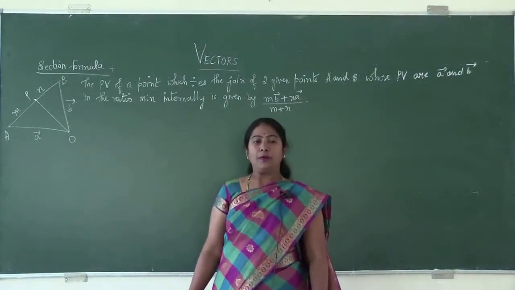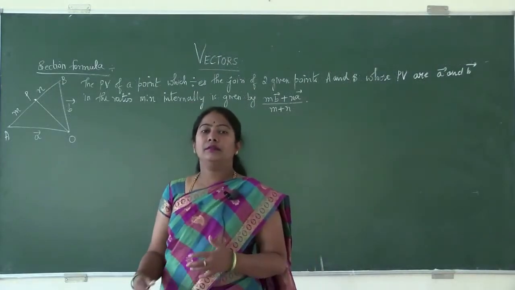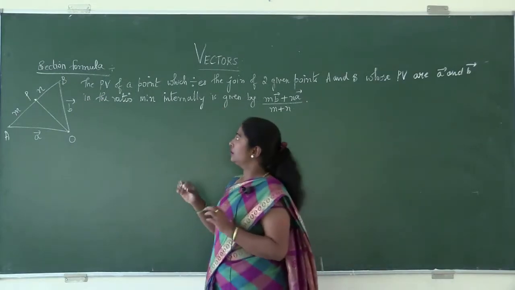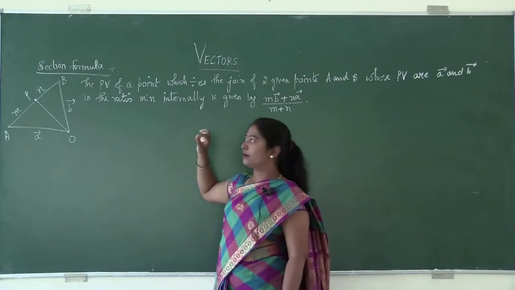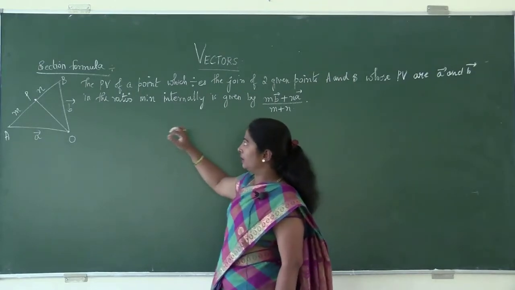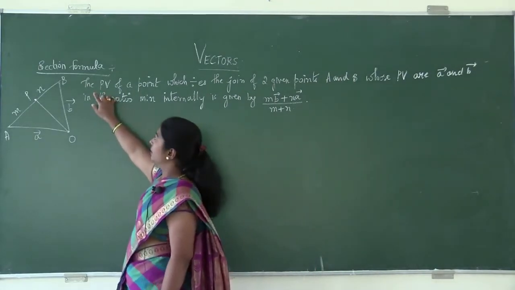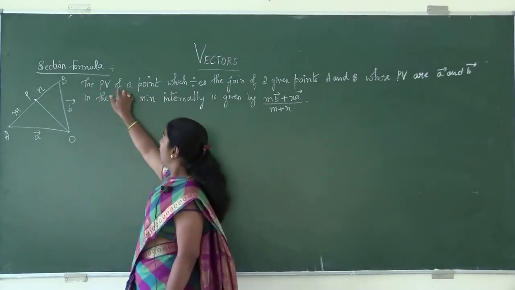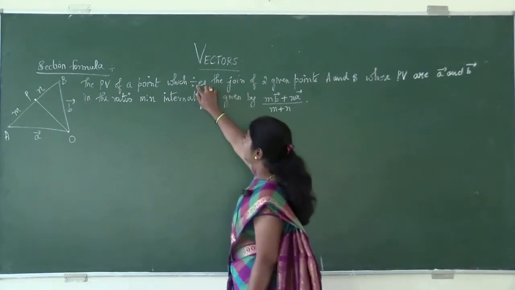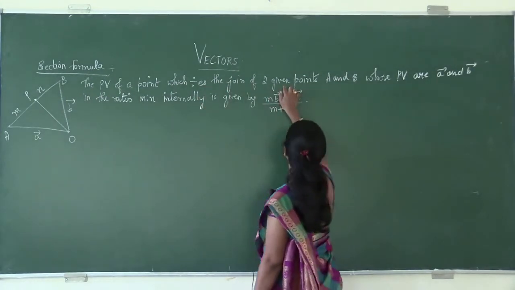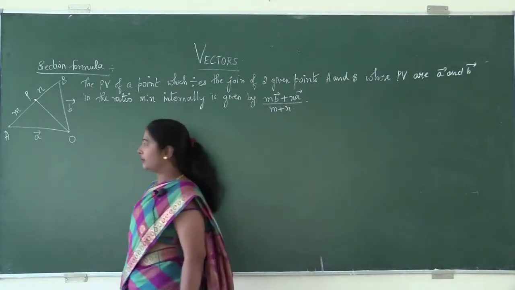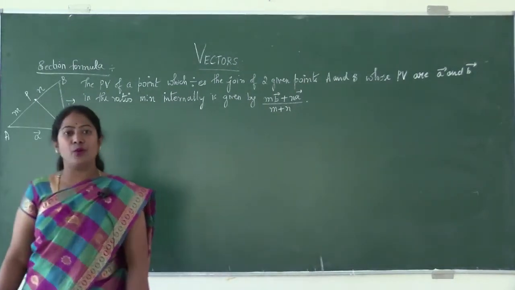Moving on to the next topic, we shall discuss the section formula in terms of vectors. This is an important concept from the examination point of view. The question will be asked as: derive the position vector of a point which divides the join of 2 given points A and B, whose position vectors are vector A and vector B, in the ratio m is to n